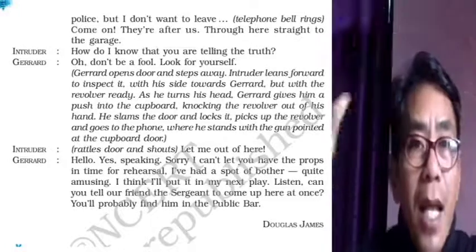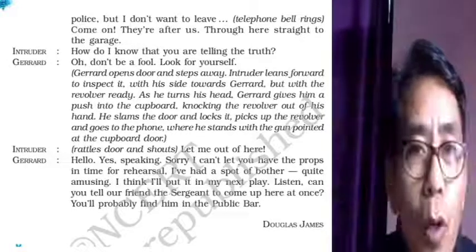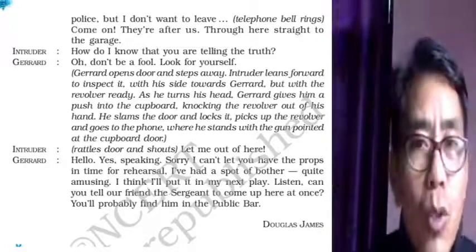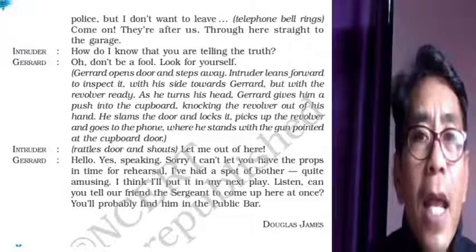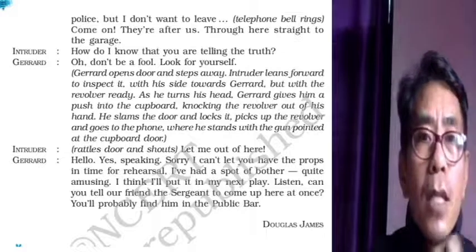So that door was not an actual door. It was just a big cupboard. So he just pushed, and Mr. Jared pushed the intruder inside the cupboard,